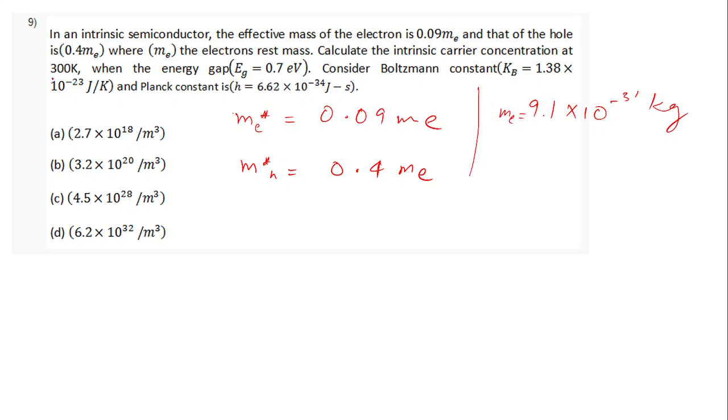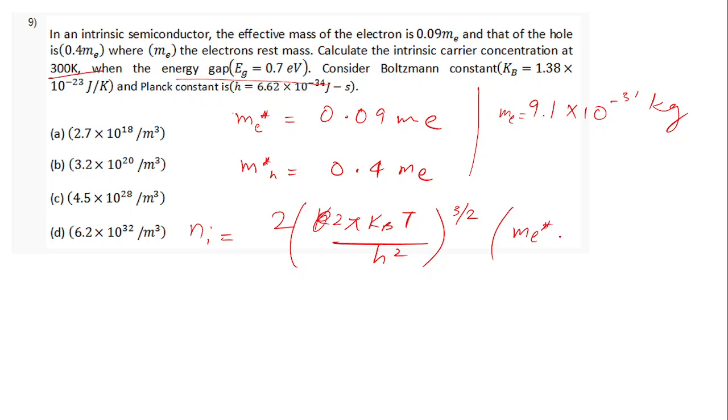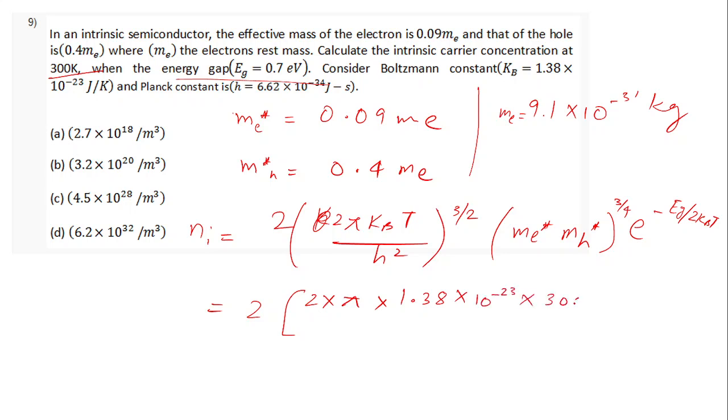Calculate the intrinsic carrier concentration at 300 Kelvin, where the energy gap is given and all other things are given. So the formula we have is based on effective masses. The formula for intrinsic carrier concentration is this: 2 pi kBT divided by h square, to the power 3 by 2, times effective mass of electron times effective mass of hole to the power 3 by 4, times e to the power minus Eg by 2 kBT. Substituting these values,